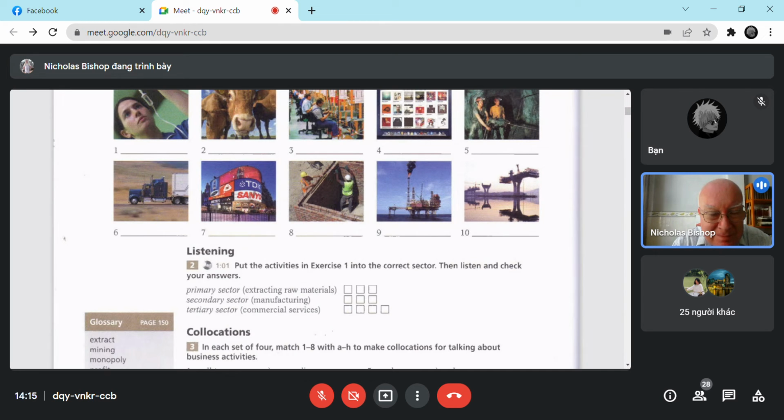These are businesses like agriculture, mining, and oil and gas. The secondary sector covers activities like manufacturing, construction, and civil engineering, building roads and bridges, for example. Finally, in the tertiary sector, we have commercial services such as advertising, healthcare, software, and transport. Now, let's go to...